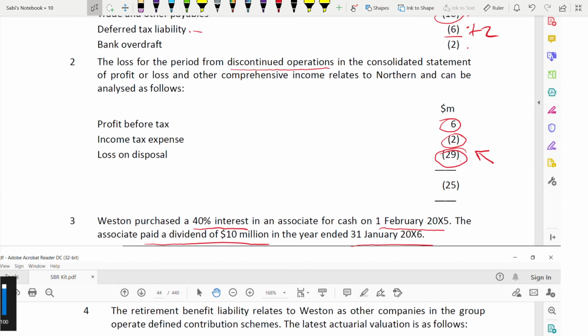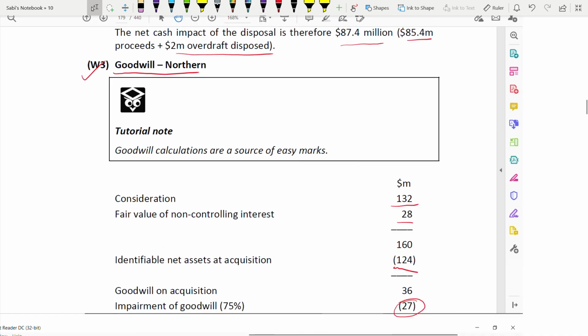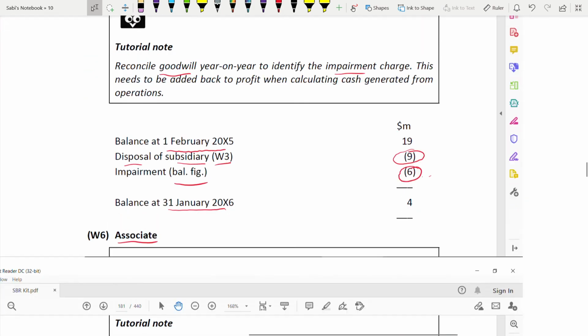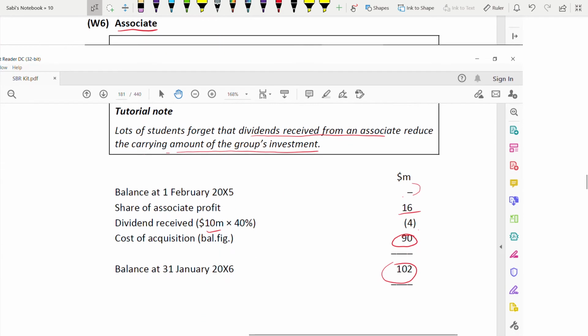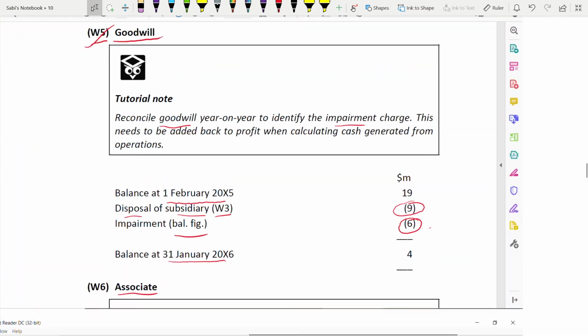Okay, so it's 1.3. Purchase 40%, paid a dividend of 10 million. So that 10 million you cannot take wholly 10 million. You have to take 40% of that 10 million, okay, as a dividend. And then 90 goes. Next we have, so with that, if you see here,